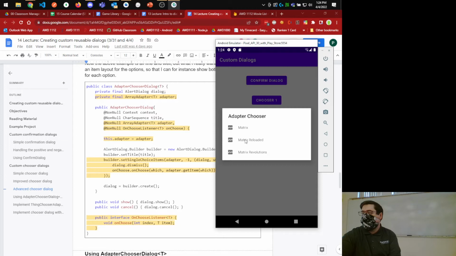Yeah. Does that mean you can throw a fragment in there instead? What do you mean you can put a fragment in there? Well, it tells me the dialogue itself is kind of an activity, is it not? Not really. Okay. It's really just views as it stands here typically. Although I think that